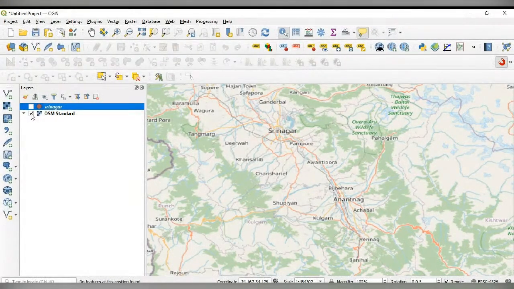So the objective of extracting features is, you must have already seen the video.